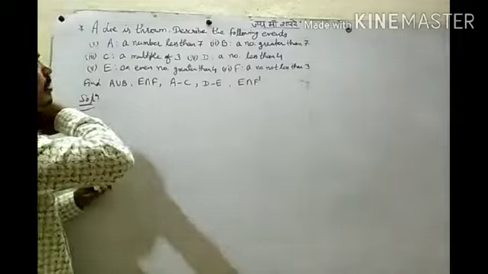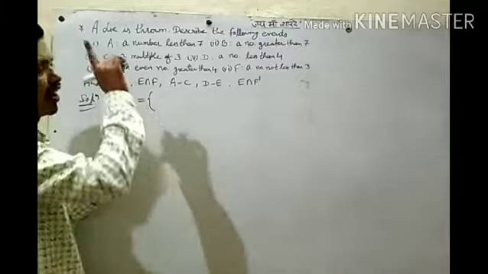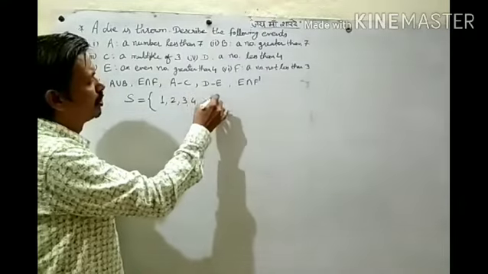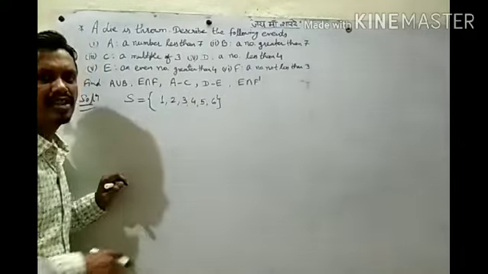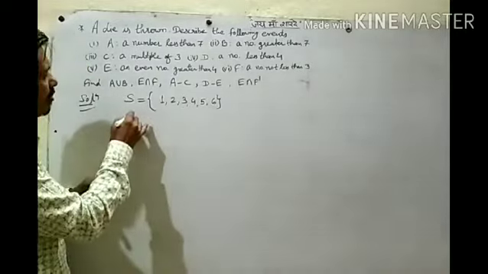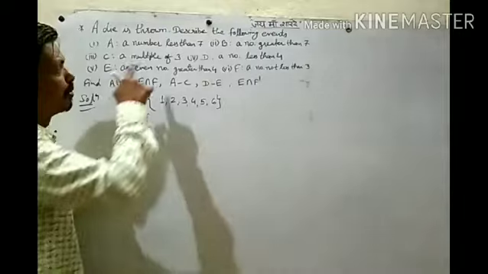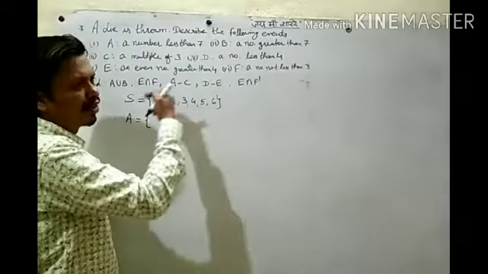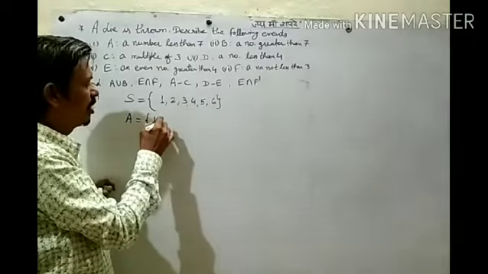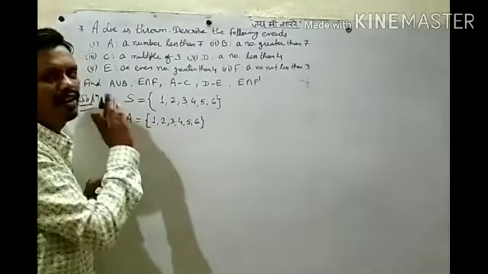So first, when we throw a die, what will be our sample space? One die thrown only once. Our possible outcomes are 1, 2, 3, 4, 5 or 6. So this is our sample space when we throw one die once. Now what will be our event A? A number less than 7. In this sample space, all numbers are less than 7. So event A has elements 1, 2, 3, 4, 5, 6. These are the sample points for event A.